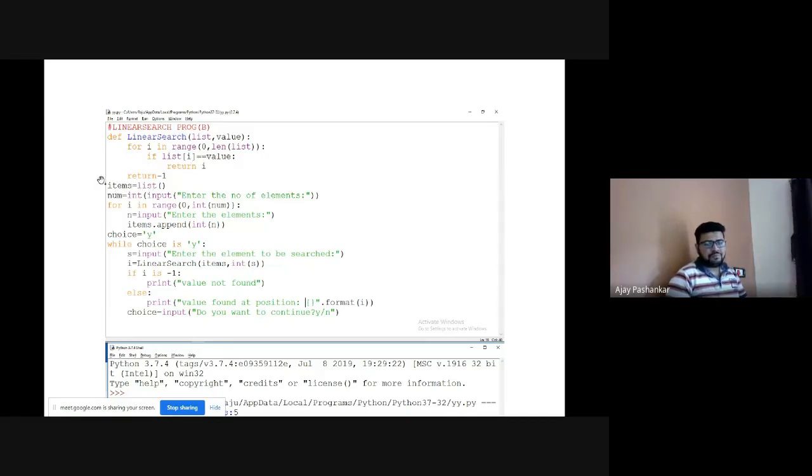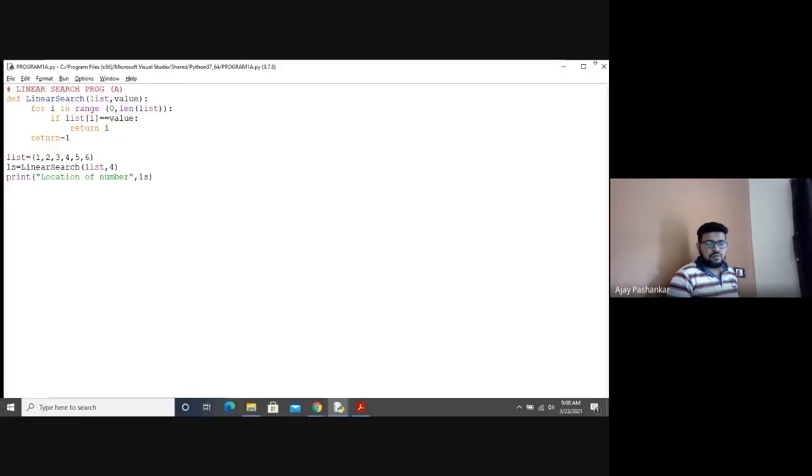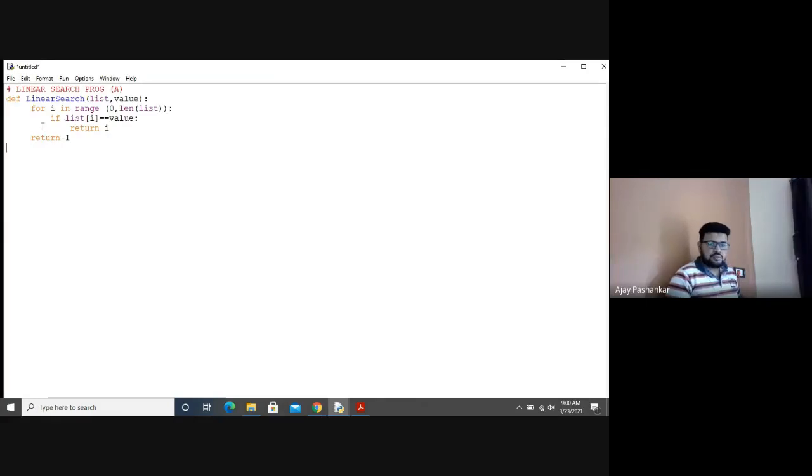Now, what if I don't want to pass that list manually? Instead, I will ask for the elements to be inserted by the user. You're getting what I'm trying to say? What I want to do is copy this much part, no issue. You can just switch to program B.